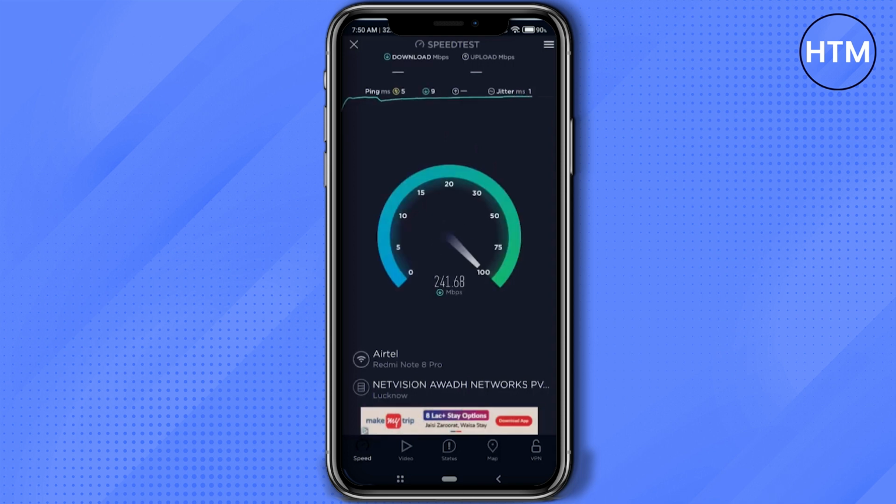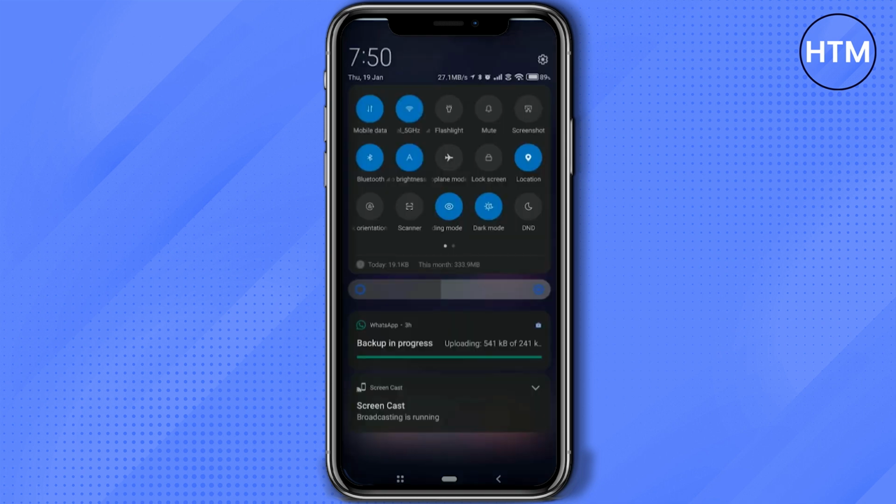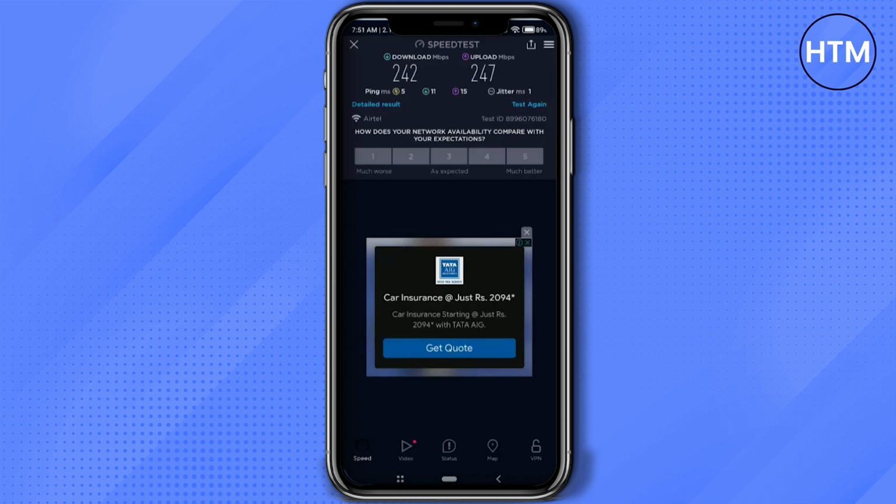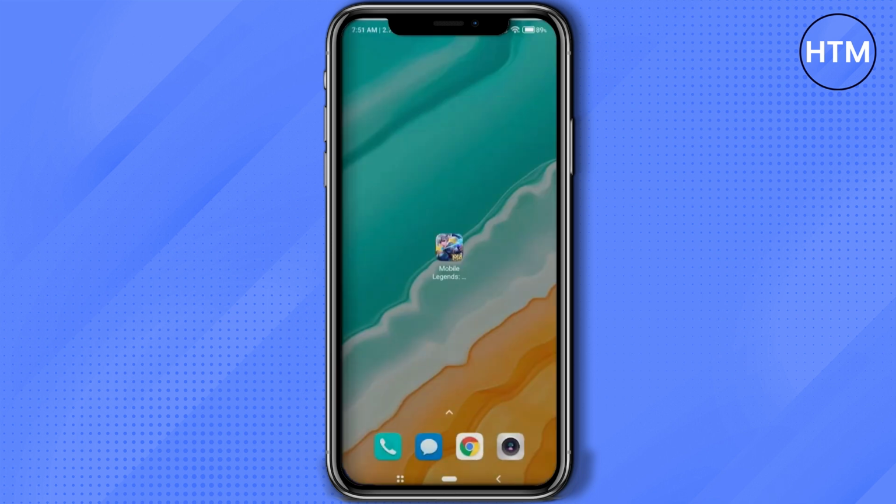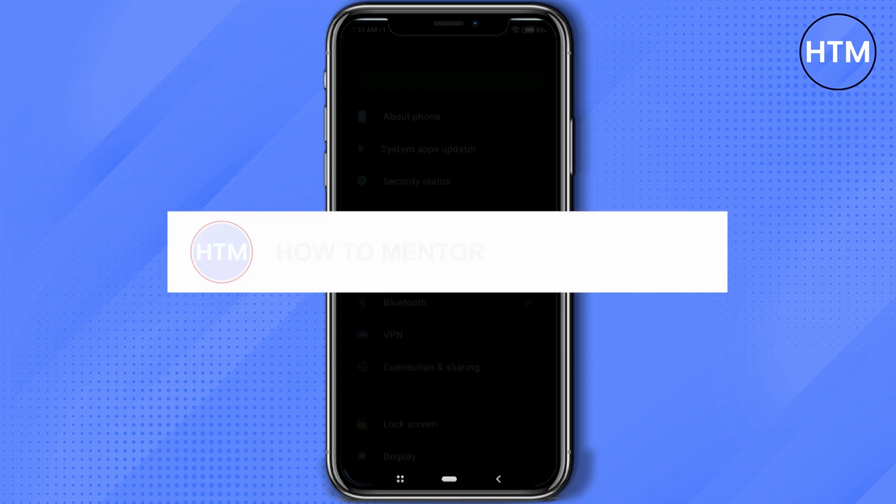So for some reason, if you don't have a stable internet connection, what you can do is just simply enable and disable your Wi-Fi and mobile data once or twice, or just simply enabling your airplane mode or flight mode and check whether your issue is fixed or not. And for some reason, if you're still facing the problem, the last solution is just simply go to settings, then